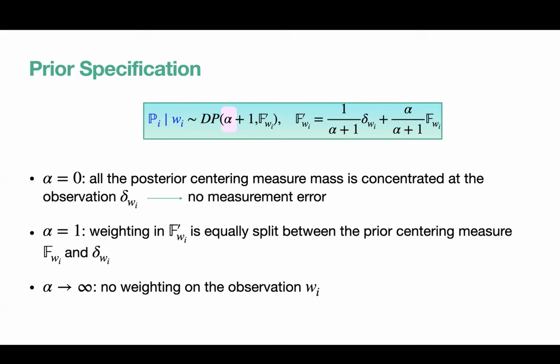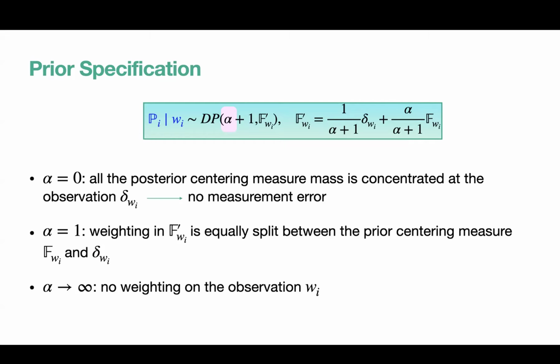Now it's very informative because I'm actually saying I think there is no measurement error, because I'm essentially using my observed covariates. Whereas if I take alpha equals 1, it's like I'm splitting the weight between the two, whereas alpha going to infinity is similar to before, where I basically only trust my prior. But of course, here my prior will have some dependency on WI as well,